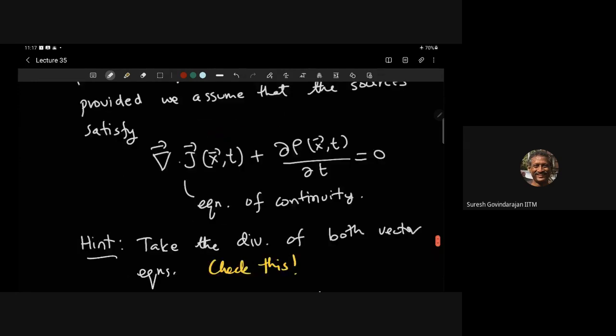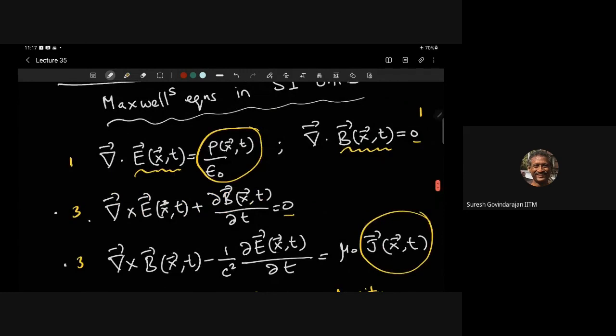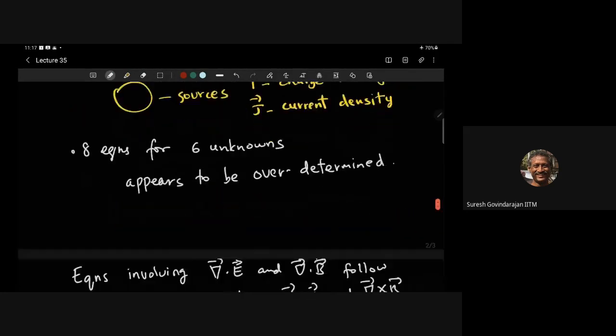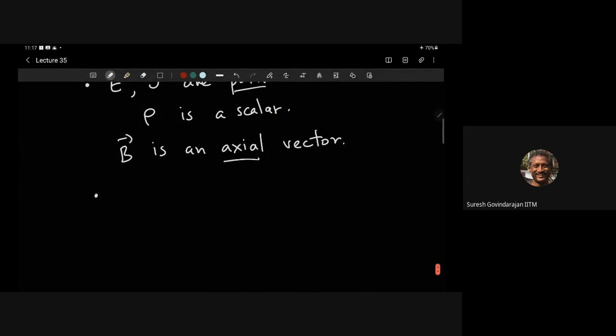So you can go back. A simple way is to take this equation for instance, and you see that del cross E is a polar vector, del cross that will become an axial vector. So the only consistent way is that dB by dt is axial, which follows if B is axial, and so forth. You can check consistently that it goes through. Is this point clear? So this is one property. Another one is that the equations are linear.